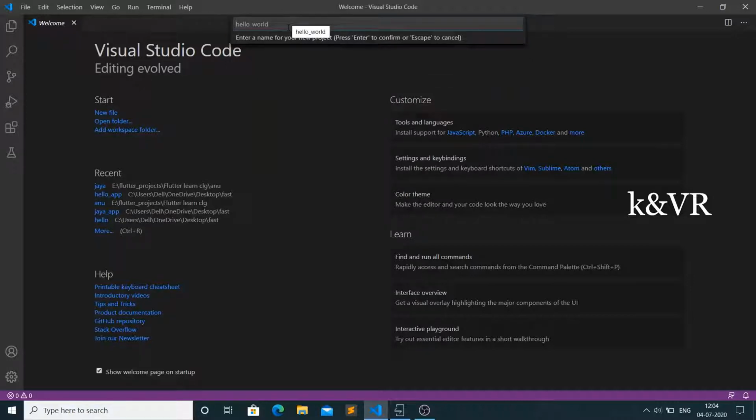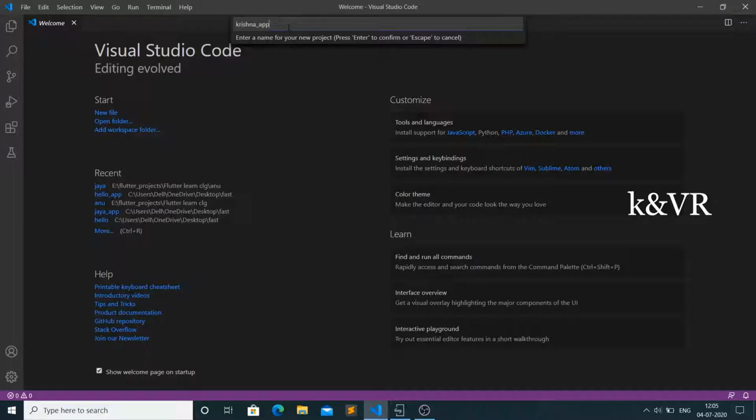Here you give the project name, whatever you like. I am giving krishna_app. Don't give capital letters. Krishna underscore app, or anything you want to give as the project name.